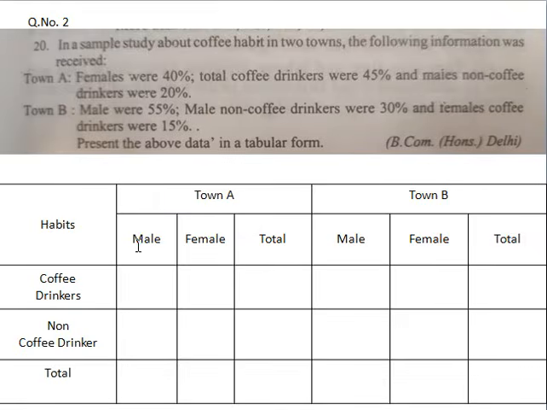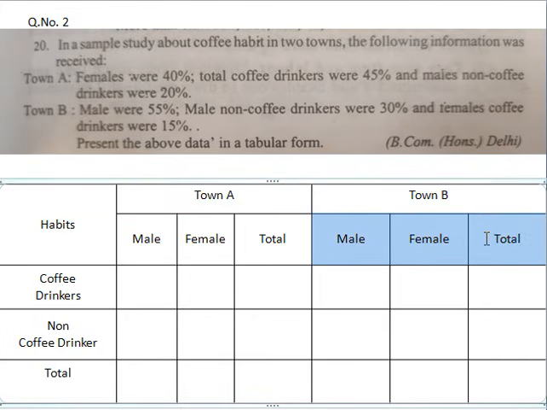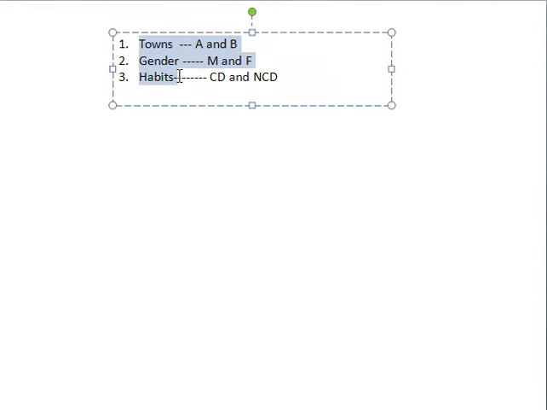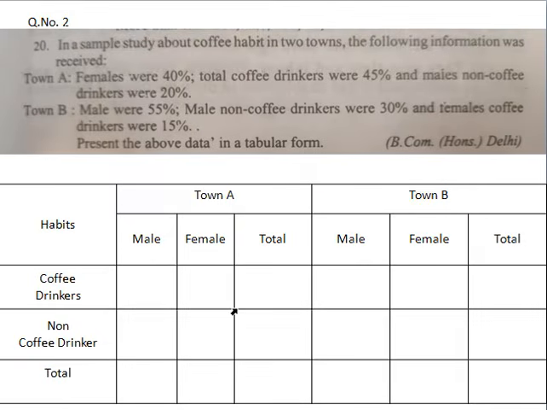See, I have taken here male, female, total. You have to take total also. Total follows male, female. So town A I have taken here, town B here, town A male female total, and habits I have taken here, coffee drinkers, non-coffee drinkers, total. Like that you make a table, right? How many variables are there in the table? Three variables, as per the question you write like this first. These are the variables and sub variables, and you select the table. Which side you take the variable is left to you. I think it was simple. I am brushing you up. These kinds of solutions you already did in your degree level, right? So this was the table. Selection of the table is simple, that is a choice with you.